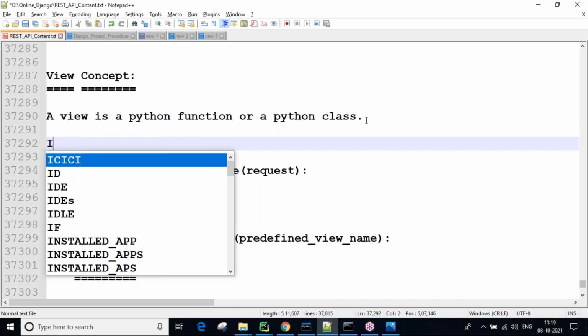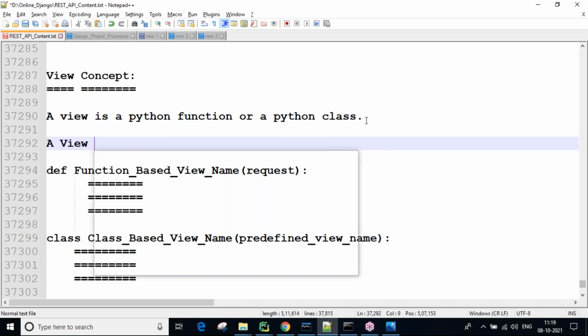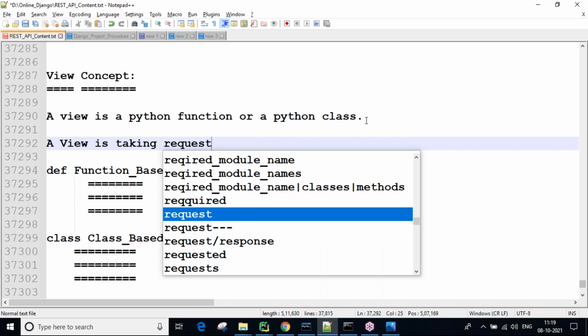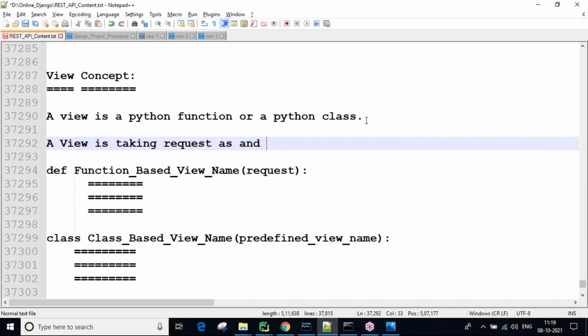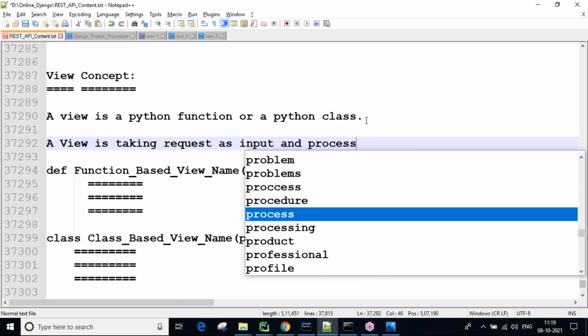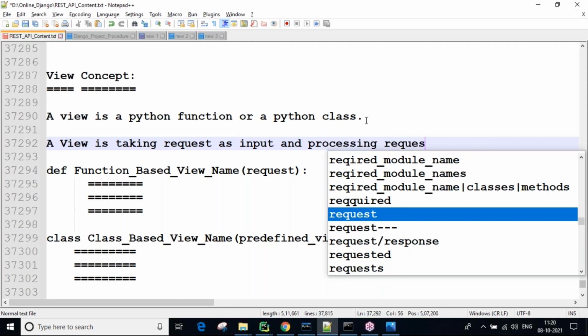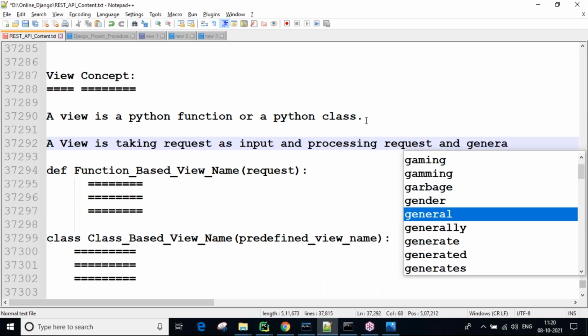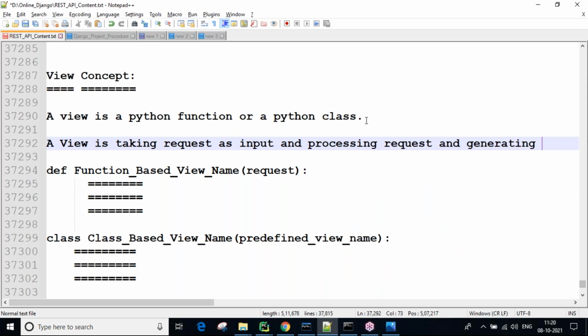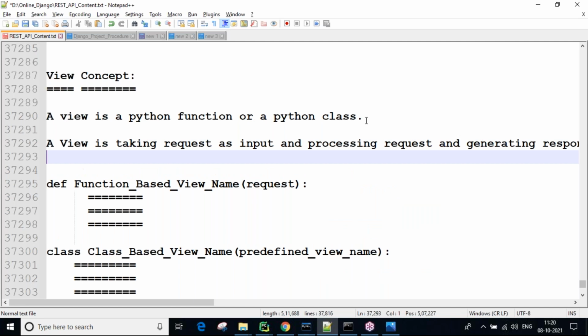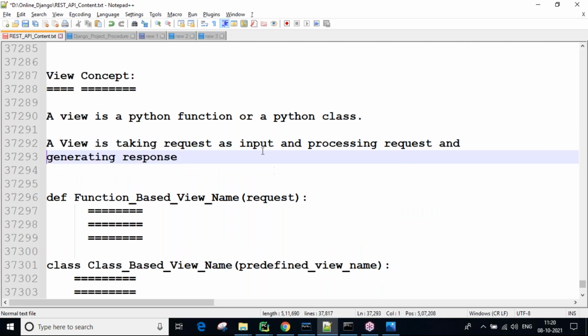Next, a view takes a request object as input and gives a response as output. It takes the request as input, processes the request, generates the response, and finally returns the response.